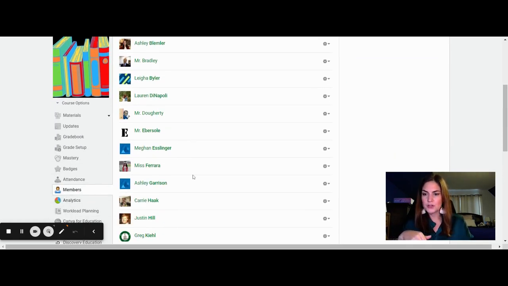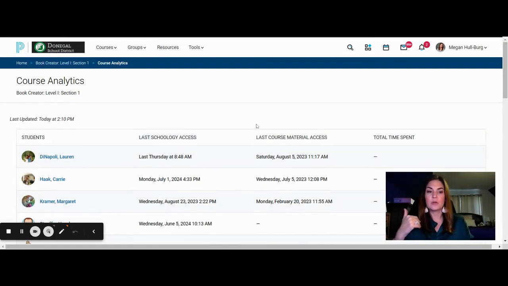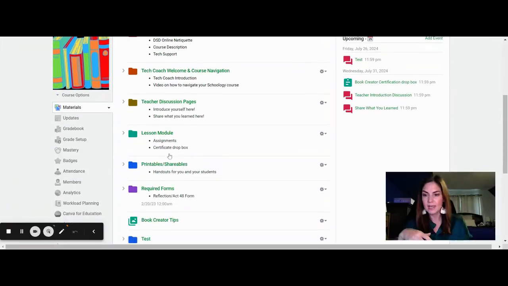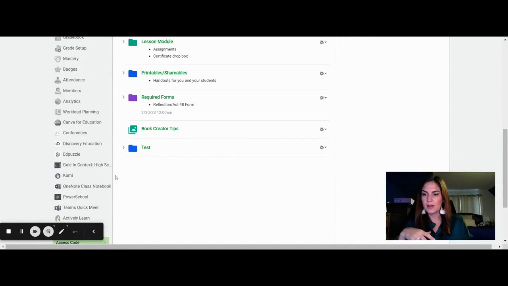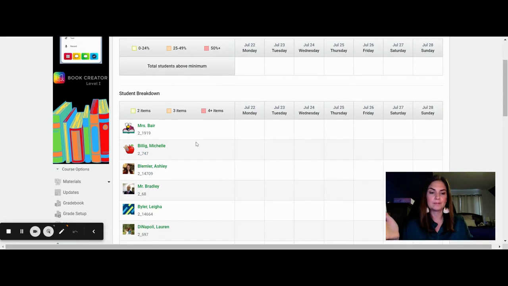You also have analytics and workload planning. So these two tabs are meant to give you more of an overview of what's going on in your course, what your students are doing, how often they're participating, how often they're logging in. And then you also have the workload planning, which is great for knowing if you're putting all of your